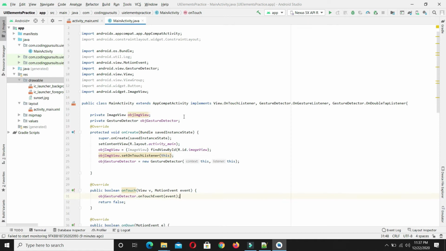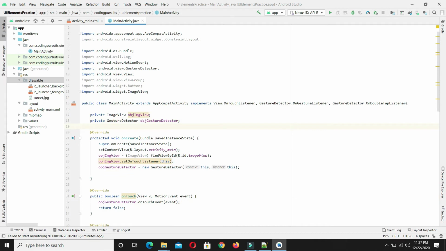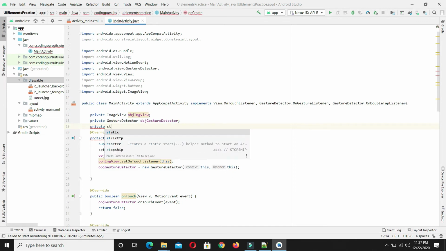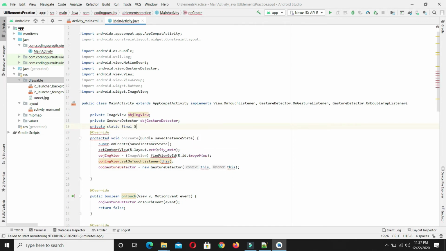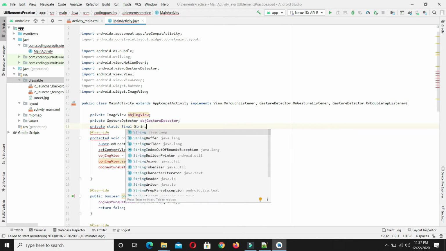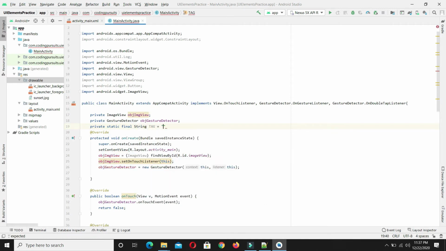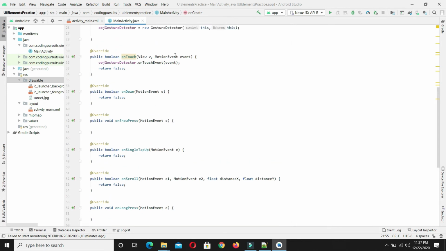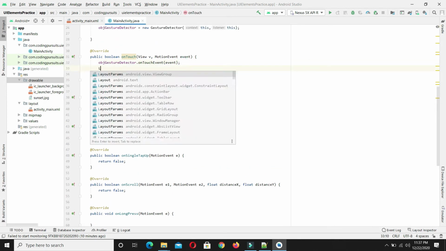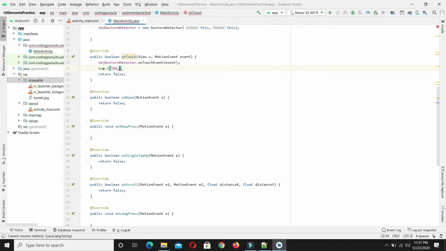Now let's print some logs to detect whether our gestures are being recognized or not. For this, I will declare a tag here. Let's give the tag gesture events. Now let's print the log in the corresponding events. And the event name is onTouch.